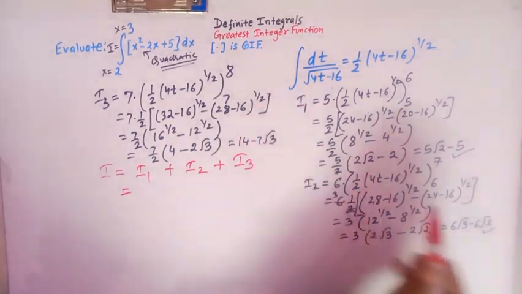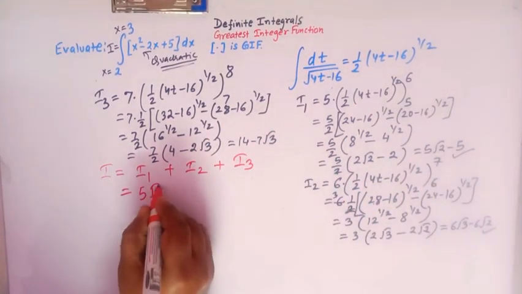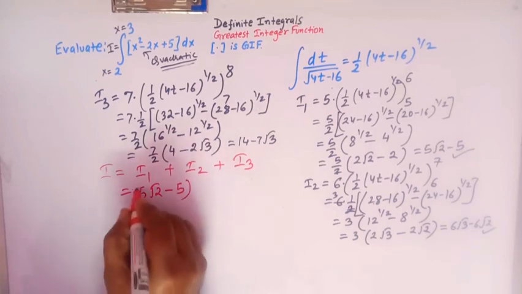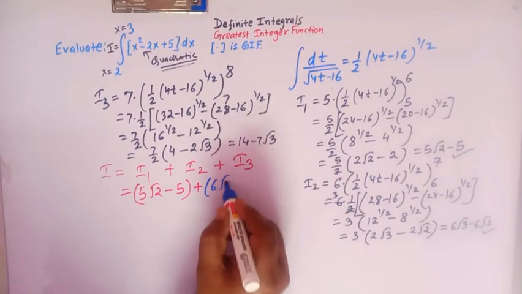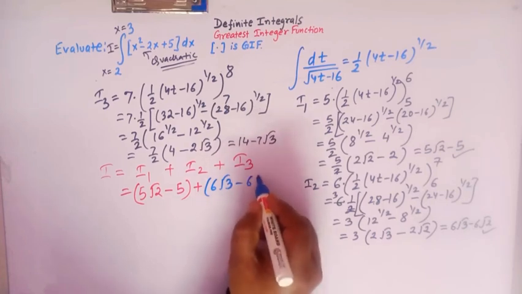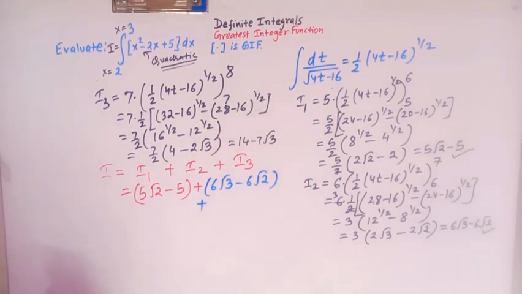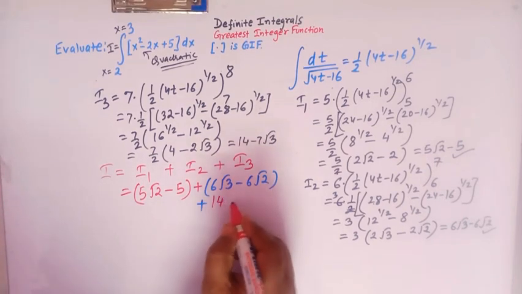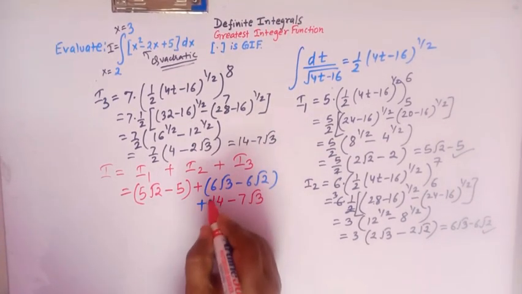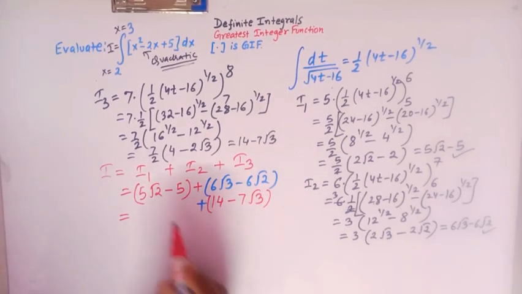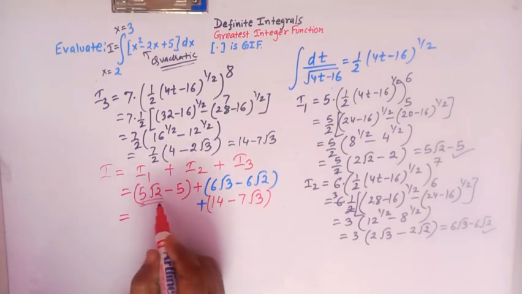So I1 is 5 root 2 minus 5, and I2 is 6 root 3 minus 6 root 2, and I3 is 14 minus 7 root 3, right? So now here we have to collect the like terms, so we have 5 root 2